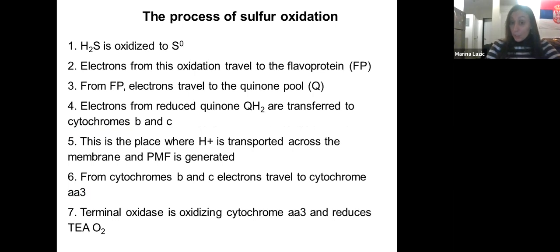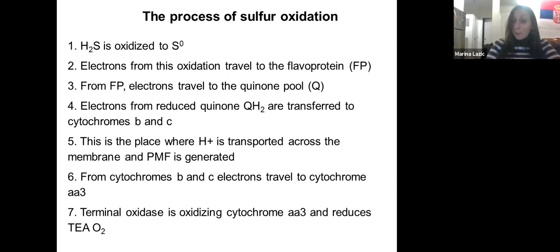Electrons from this oxidation travel to flavoprotein, and from flavoprotein, those electrons go to the quinone pool. Now you have reduced quinone H2, and these electrons from the quinone pool are transferred to cytochromes B and C. This is the place where proton motive force is formed. So electrons are transferred from quinone to cytochromes, and protons are transferred across the membrane to generate proton motive